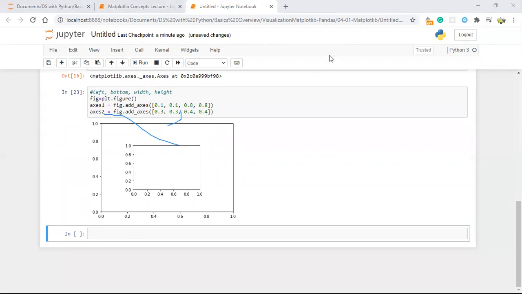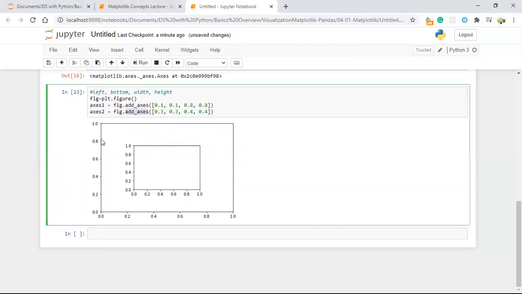Now can you guys understand this? What is this left, what is this add axes? So add axes 0.1 to 0.8 means it will give you the default plot layout. When we are making axes for the figure with add axes, 0.3 means from the left side it will make a 0.3 space, and you will be getting this. So from the left side 0.3 space for this one. And the next thing is bottom, here also 0.3, and height 0.4, and width 0.4. So this is how your axes will work.